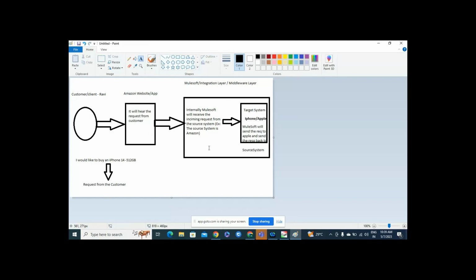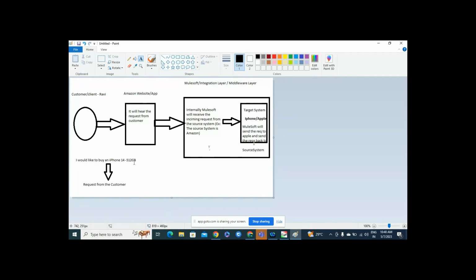MuleSoft will send the request to the target system, iPhone. iPhone will receive the request, which is currently asking for 512 GB. Whatever mobiles are available for that specific example, it will return all the available colors and all the available options suitable for 512 GB.